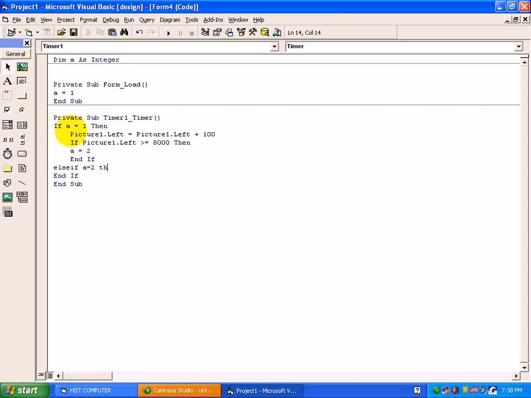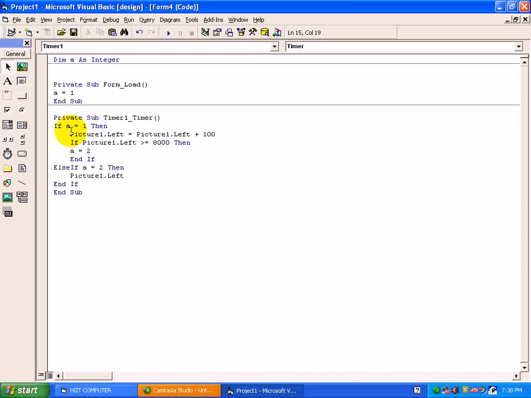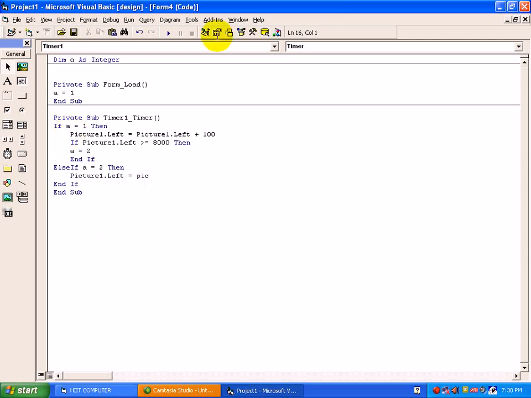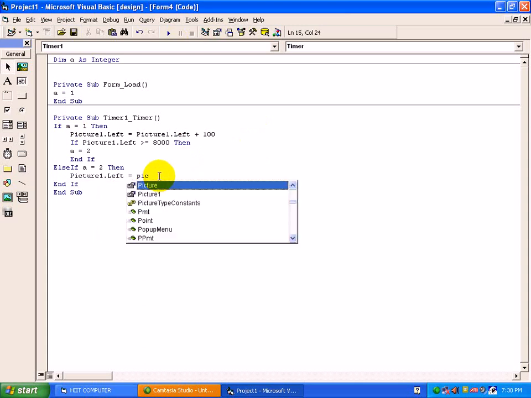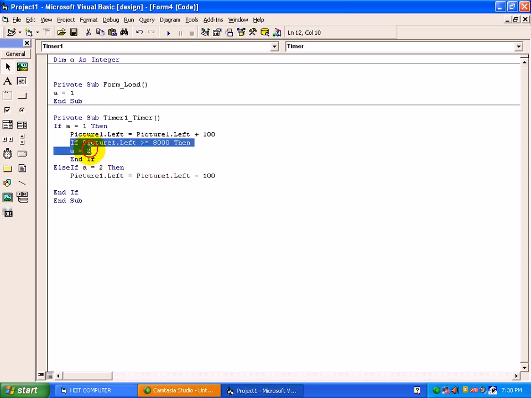Else if a equals 2, then picture1.left equals picture1.left minus 100. Same, we will copy this.